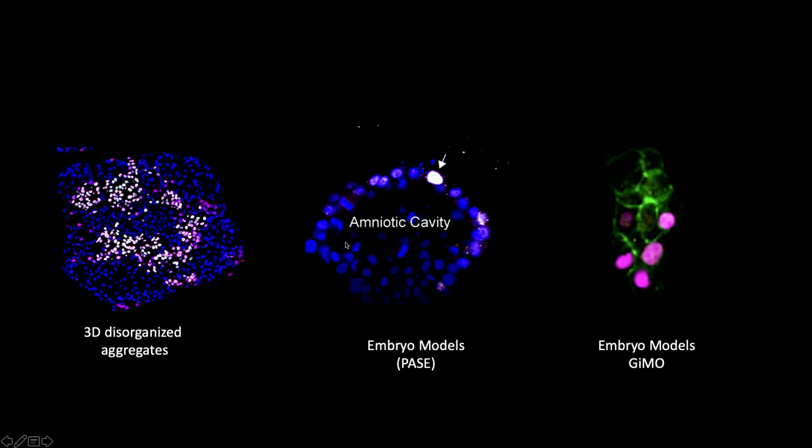What we have been doing over the last few years is working in the embryo model space in order to study the three-dimensional patterning in the early human embryo and the specification of the germ cells. One of the models that we worked on with Jianping Fu is the embryo model called the PACE model. This is a three-dimensional model that specifically models amniotic sac formation,